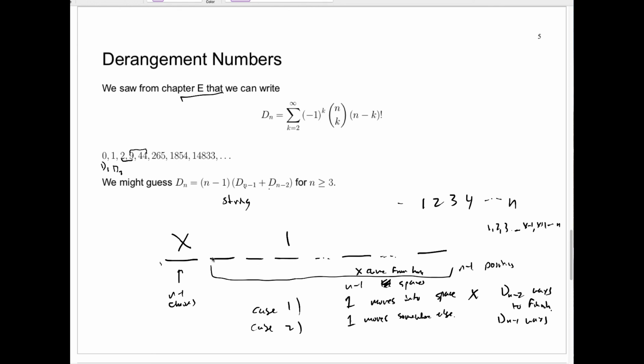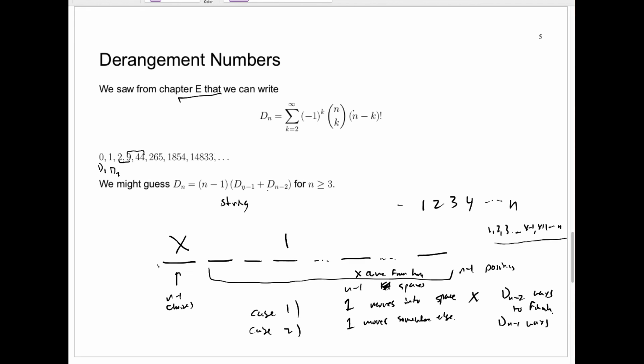I want to know how many ways I can fill these positions with numbers from this string. And when I say how many ways I can fill these positions with numbers from this string, it has to be in a way that the entire string is a derangement of my original string, and now in case 2, I'm assuming that 1 does not go into position x. Well, the reason I claim there are d sub n minus 1 ways to do that is